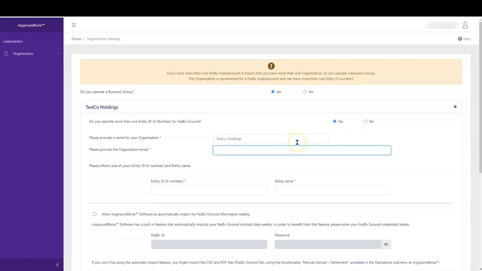You inform an email for your organization. You add an entity ID. This can be any of the entities that you have. Later on in the entity registry, you are able to add more than one entity, and this tutorial would be in this video's description. An entity name,